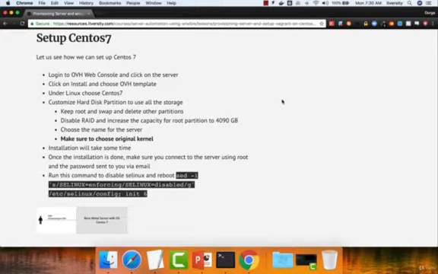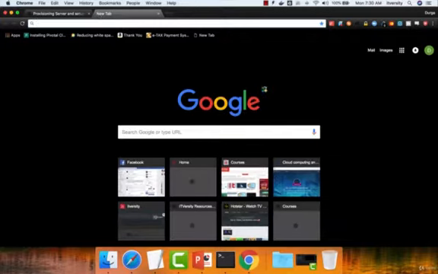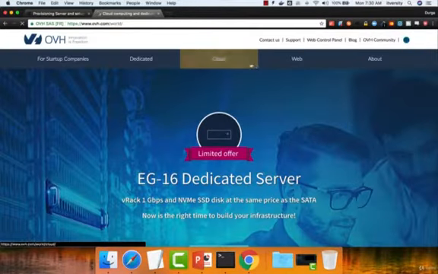As we have rented a server from OVH, now let us see how we can set up CentOS 7 on top of it. Most of the web-based infrastructure providers provide a web console using which we can actually set up the operating system, and also they will facilitate us with a few more options which we can leverage as and when it is required. So to go to the web console of OVH, just go to their website and you can see